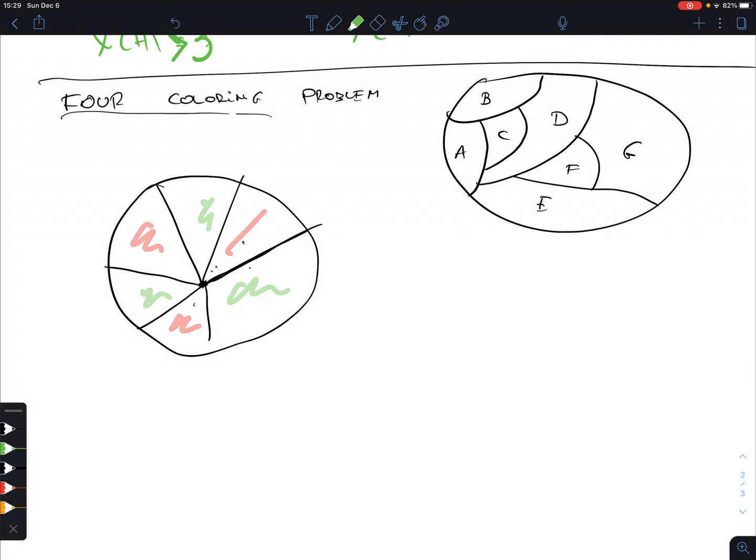But the bigger problem was showing that it could always be done with 4, and that is the so-called 4 coloring problem. The history of this is kind of fascinating. This was a problem posed by a student, who reported it to a mathematician, De Morgan, who was very much interested in it but couldn't solve it. He asked some other mathematicians, and eventually some amateur mathematician,